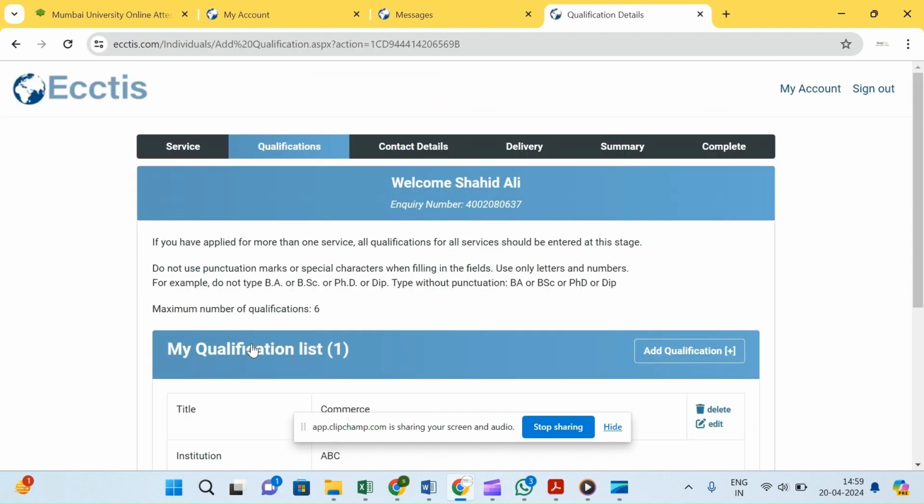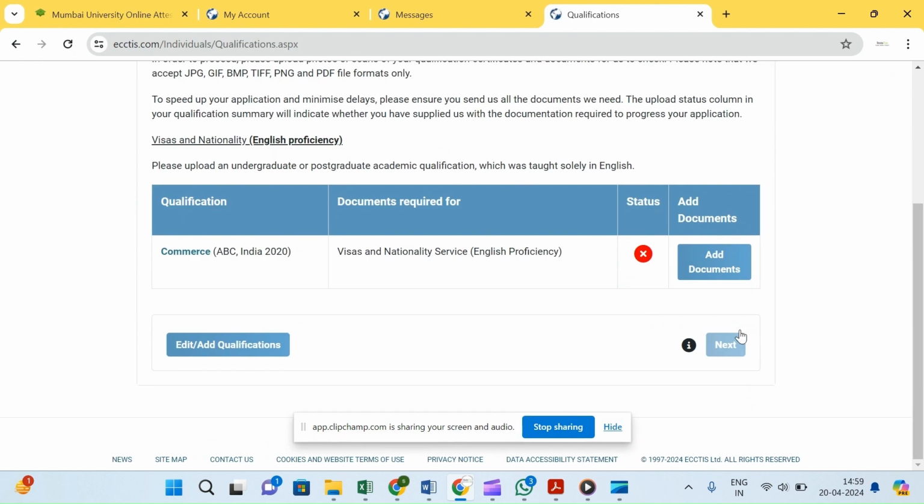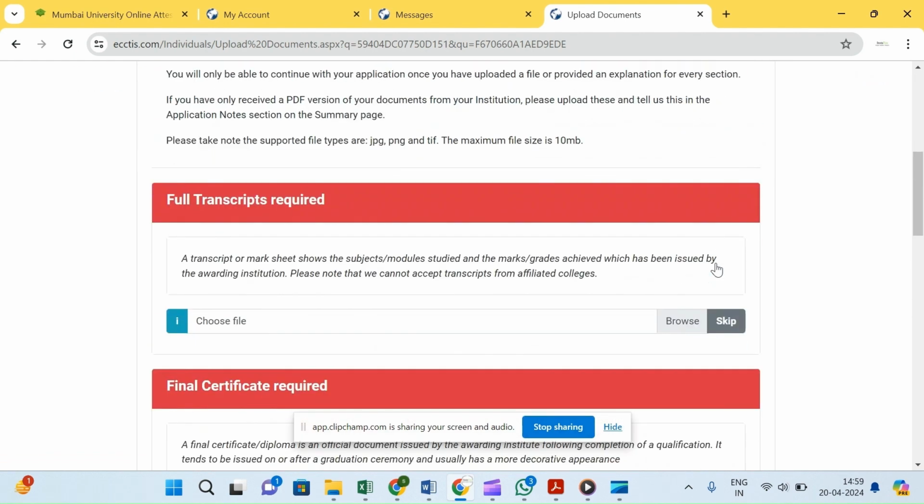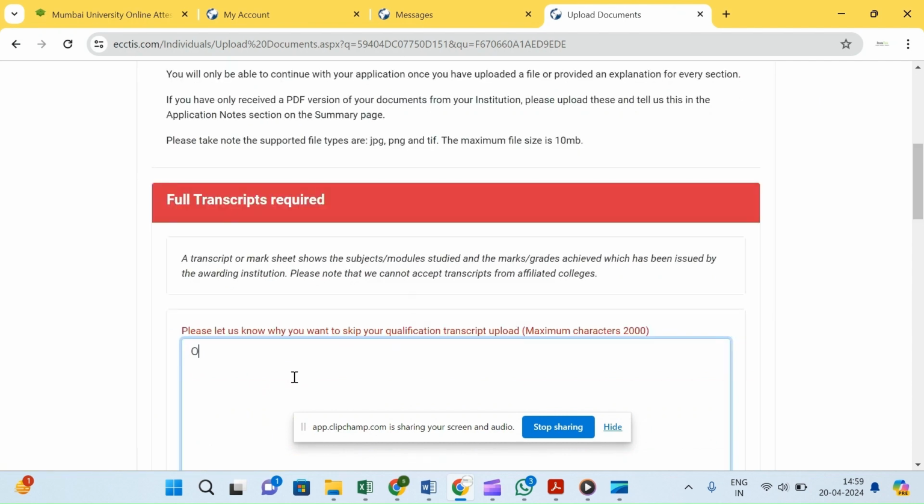So we have to add the qualification. If you don't have a full transcript document, you have to skip and mention that our university will directly send all the transcript documents to you, please upload the same on my application.